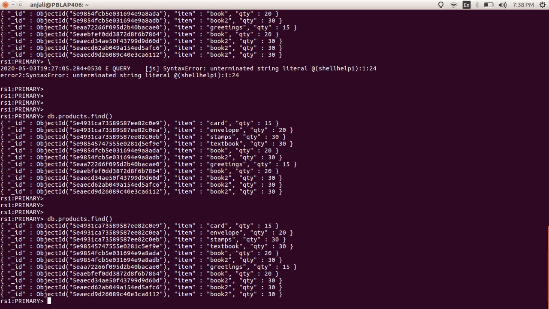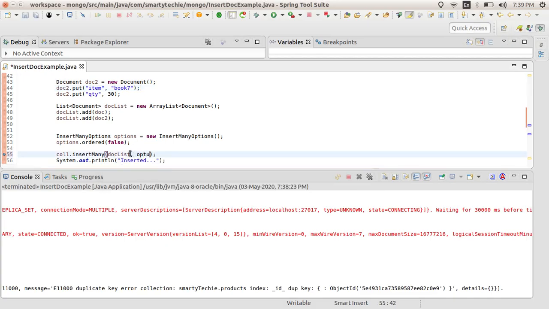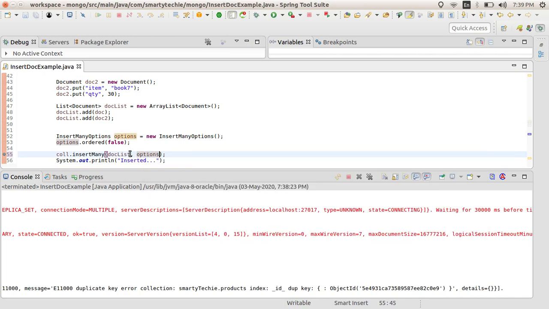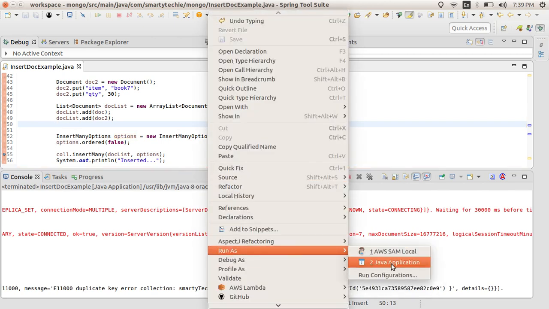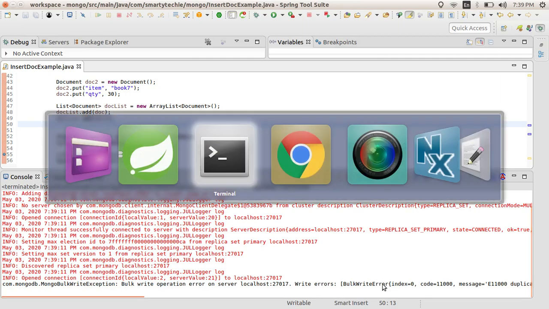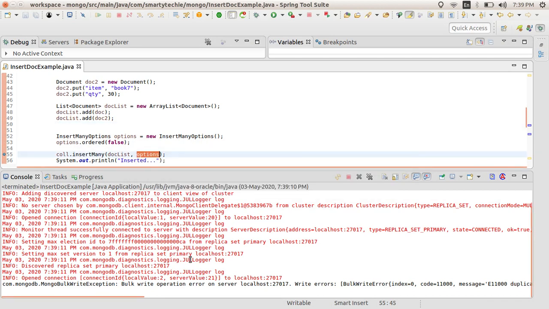Okay, it is not inserted because I have not provided any options in the insert method. Now we have provided the options. It is giving you the exception, and it also helps you identify how it behaves if you are not providing the option: it gives the exception and does not insert the other one.